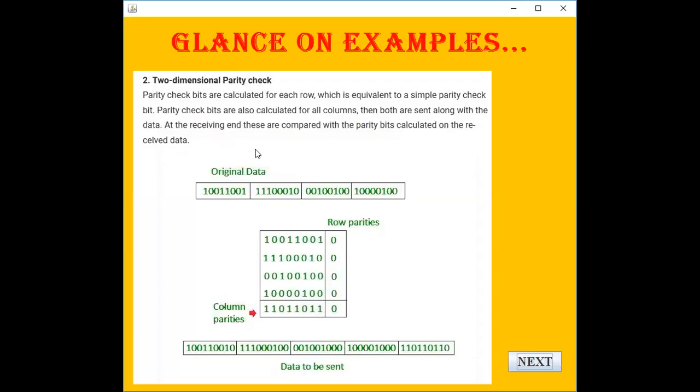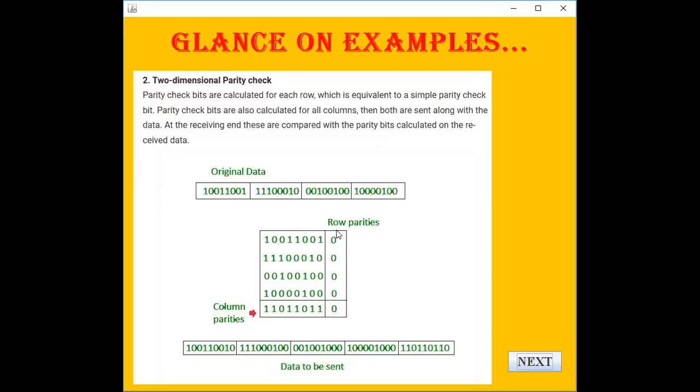Okay. So here is the example. The parity is added row wise and column wise. Here is the original data. It consists of four words of 8 bits. Yes, 8 bit words. Row wise parity is added. Here there are 4 ones, 4, 2 ones, and 2.